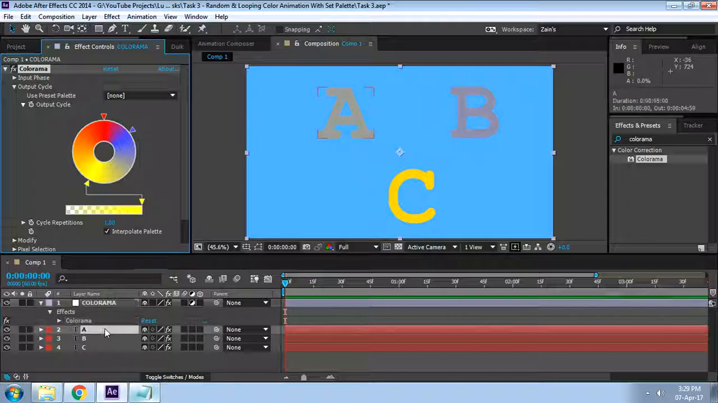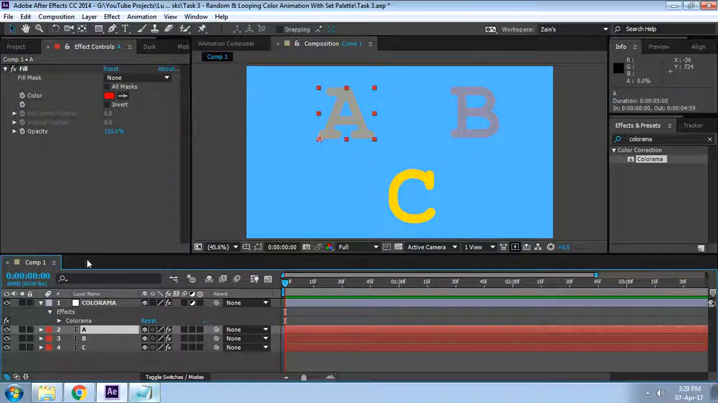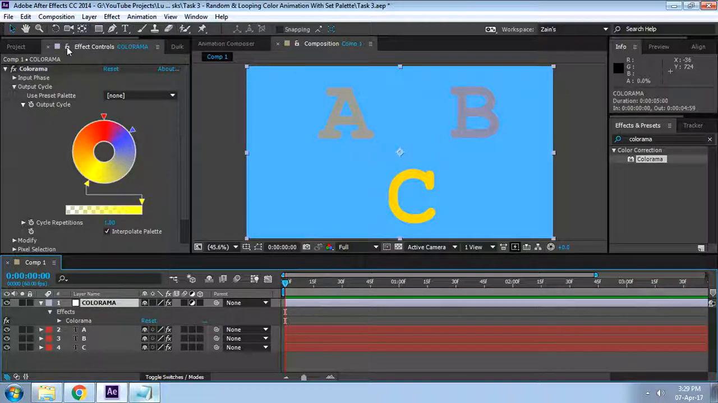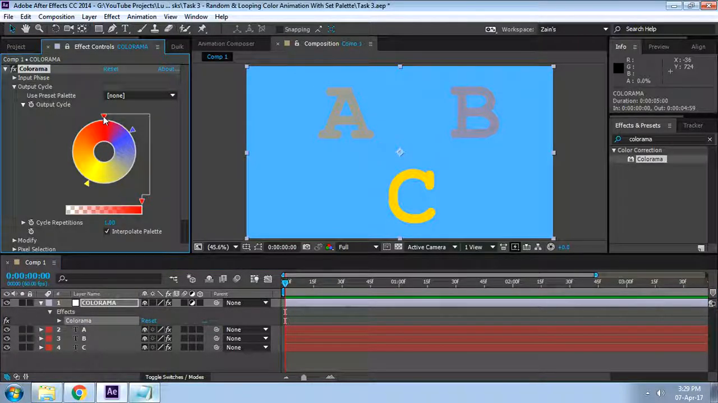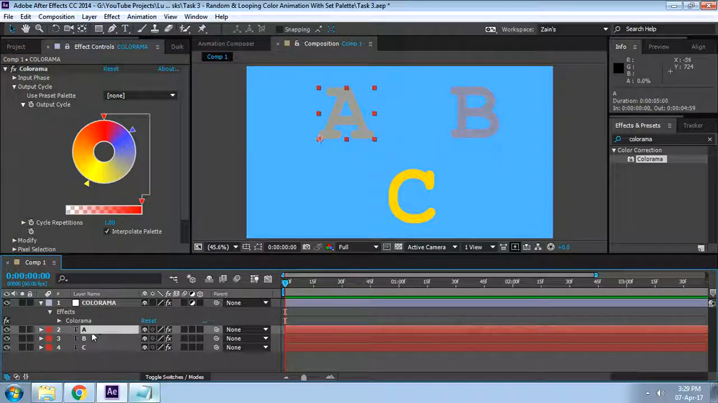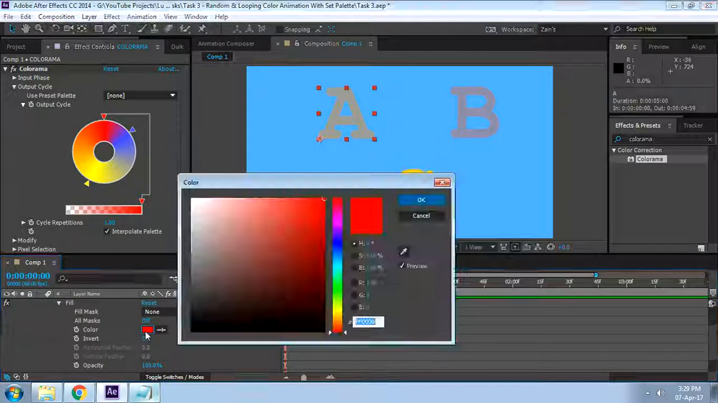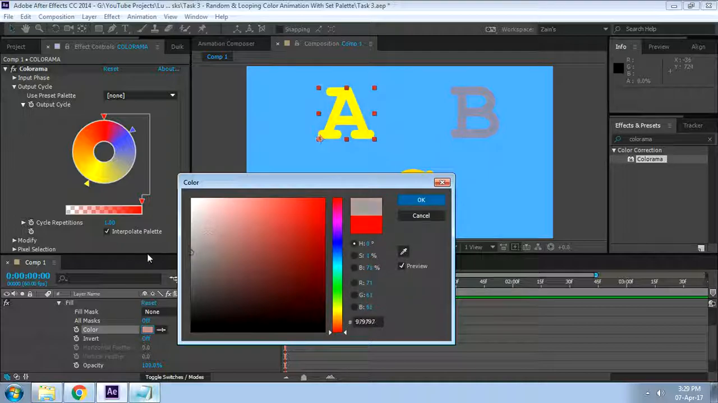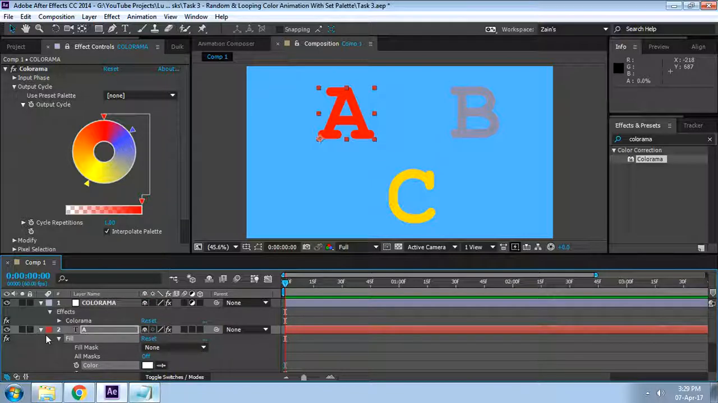So in this case, the letter A, let's just lock the Colorama effect first, and let's open up, click this triangle to display this red color here. And now let's go to the letter A here, shortcut E, and then open up the color dialog, and let's make it grayscale. So the fill colors property here is set to grayscale so that we can define the original color of the letter. As you can see there, the red here is similar to this. Okay, so let's just OK, and now the letter B,